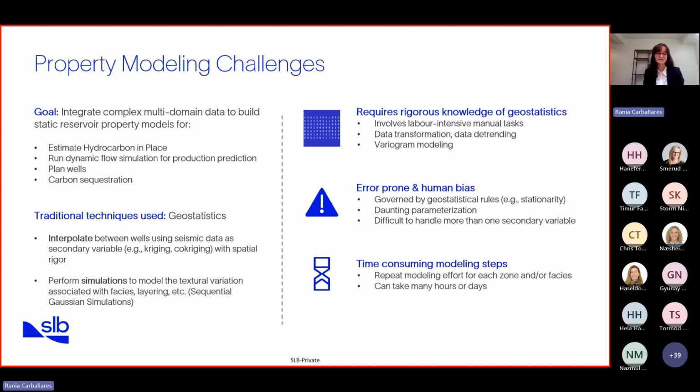And also it is very challenging when you have more than one property and you would like to incorporate that into geostatistics. So it will be time consuming to do that, because you will have to go through the geostatistical modeling steps for every facies and for every zone. Of course, it also depends on the complexity of the model, but you will still have to repeat the effort several times through the different facies and zones that you have in the model. And that will take a lot of time. It's really time consuming. That can take weeks and can take